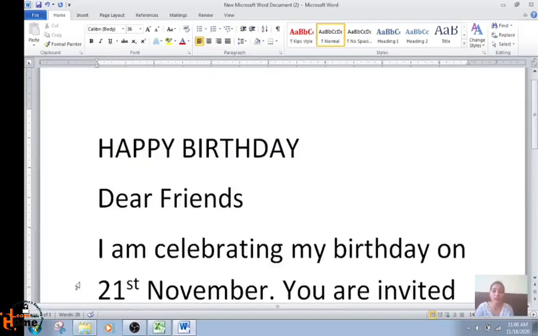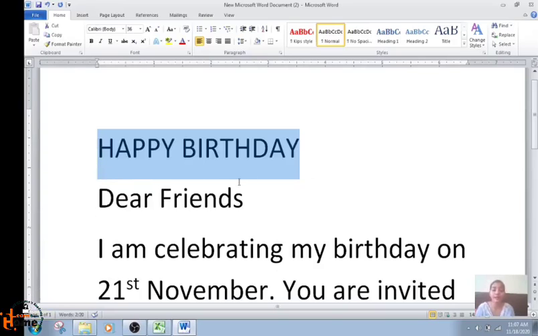How will I make changes? Changes can only take place if you have selected the text. The changes will apply to the selected text only. So first you will have to select the text. To select the text, what will you have to do? You have to place the cursor where you want to start selecting, left click the mouse, hold the button and drag the mouse over the text. I want to select this much, so I have released the mouse.